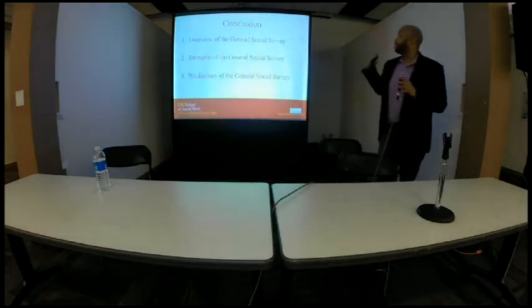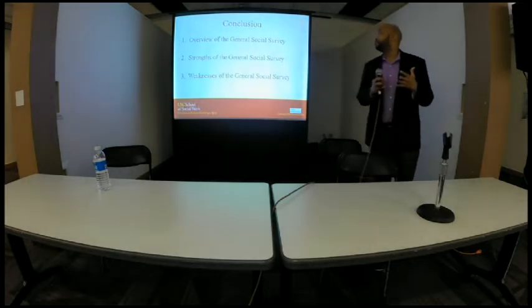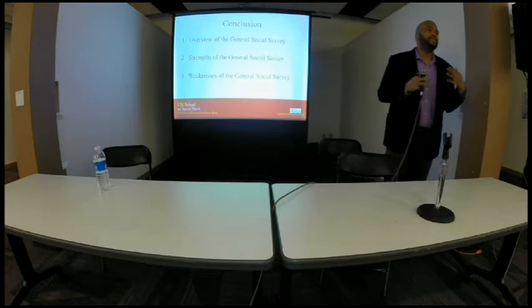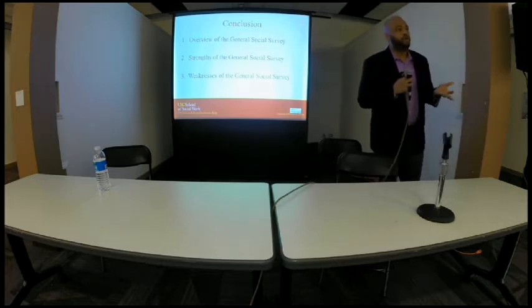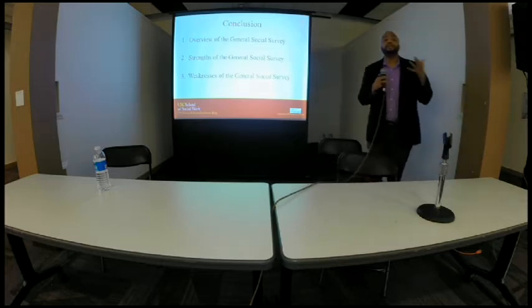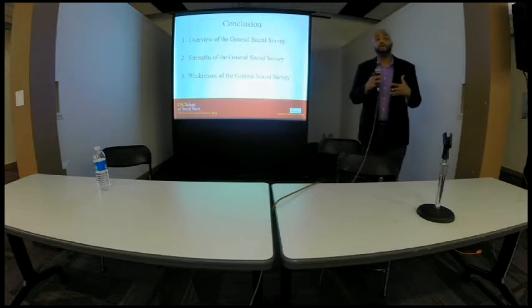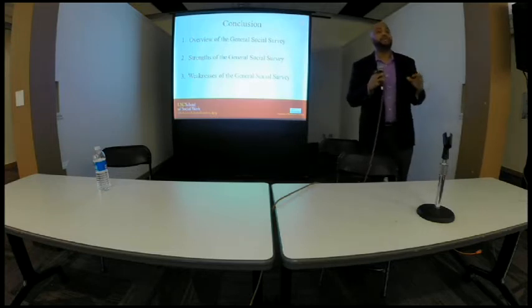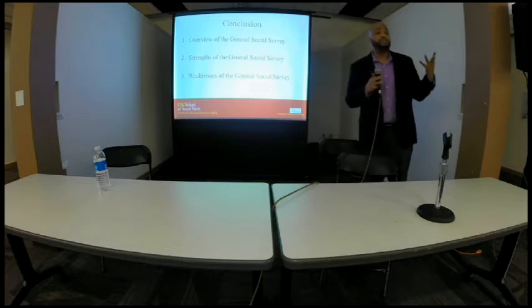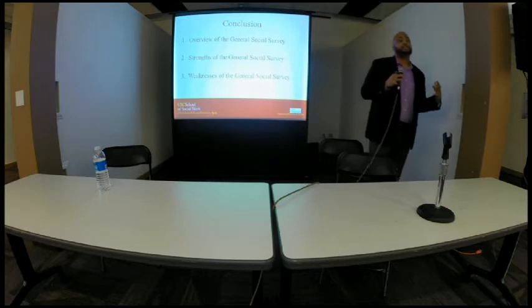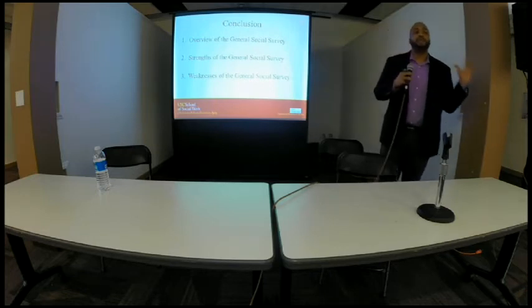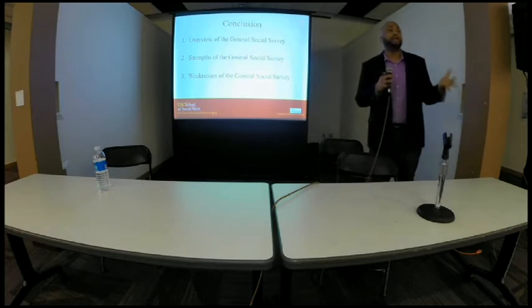So I want to give a brief overview again. This presentation explored the General Social Survey, which is a nationally representative sample of Americans aged 18 or older in the United States. We looked at the strengths of the survey as it relates to studies of religion as well as racial inequality. One specific strength is that it provides us access to organizational characteristics. So instead of just looking at how individual level factors shape people's beliefs, we can look at how the organization, which is important for sociology of religion, may also independently contribute to what people believe about racial inequality.